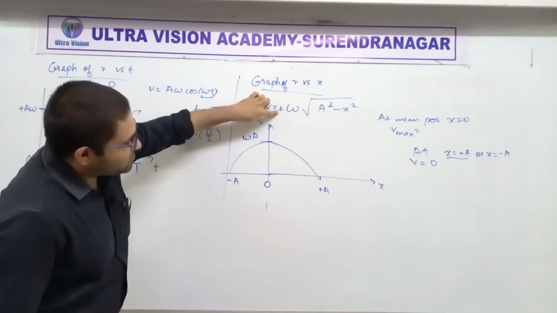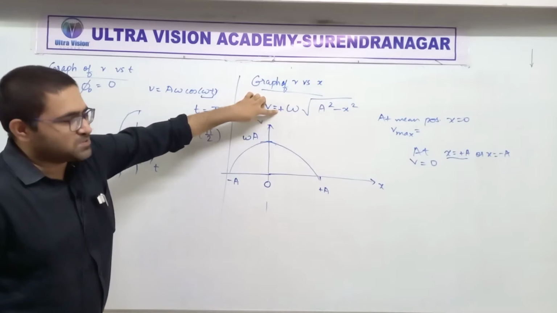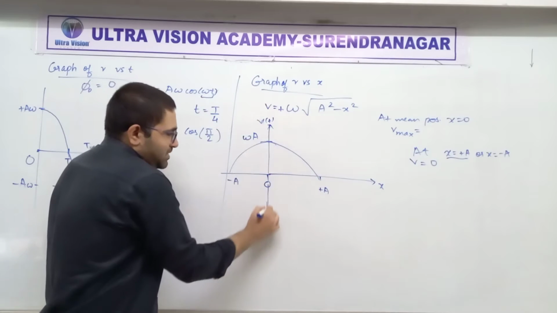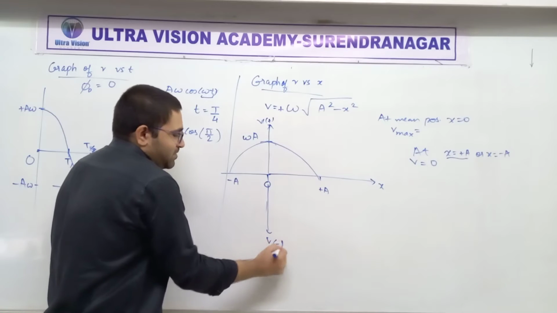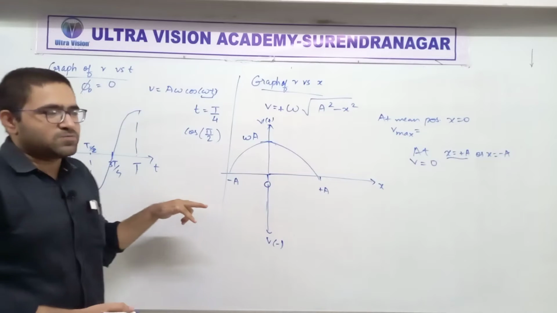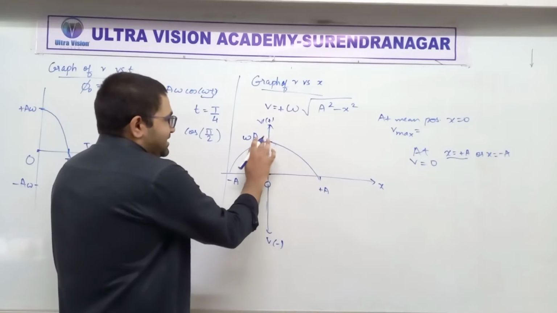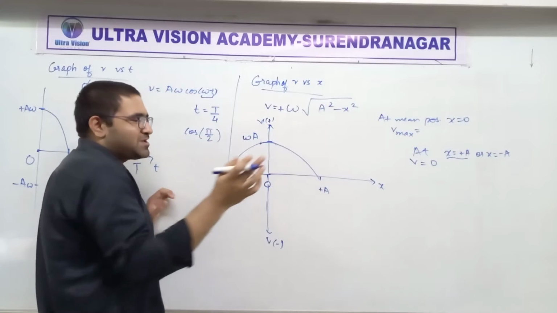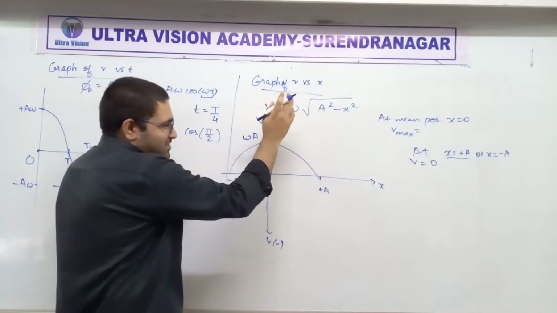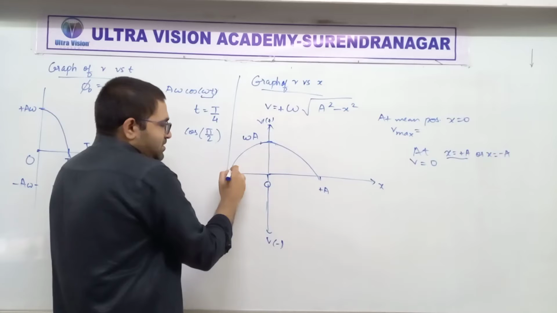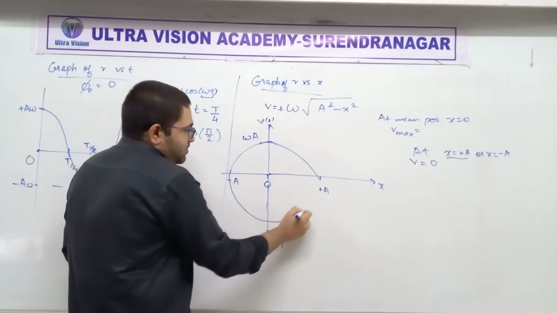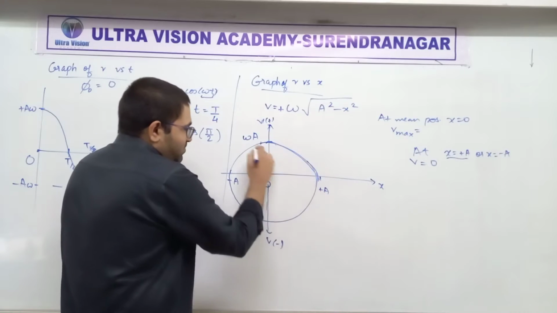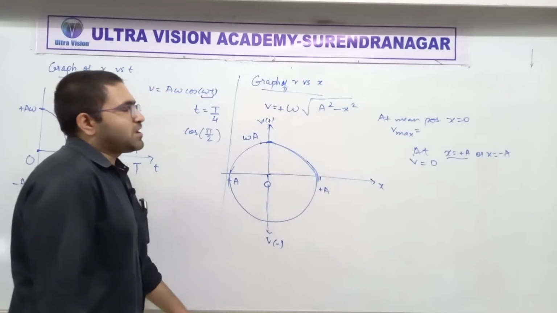Again, let me tell you, I have only drawn the positive part. Suppose you draw the negative part, then instead of v being positive upwards, you would be going over here, v negative. Clear? Then it would be downward like this. Basically, it's going to be like an ellipse. Sorry, I said parabola, I was wrong. Just one correction: this is not going to be a parabola, it's going to be an ellipse. So it would form an oval-like shape, which is an ellipse, right?